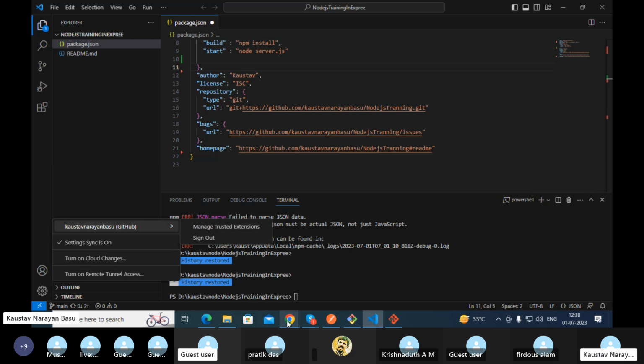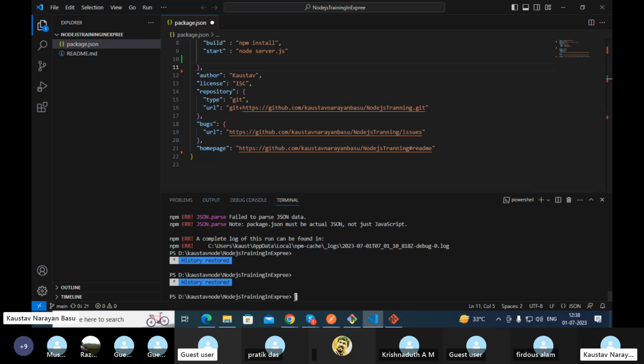I have given everything, my account is synced with GitHub, but still getting the error. Type npm install express.